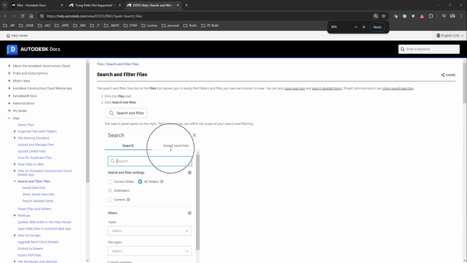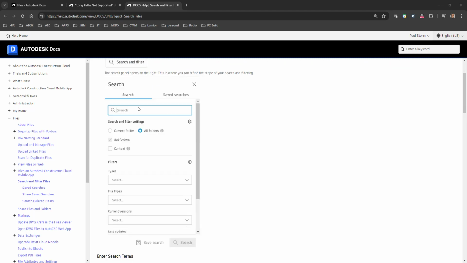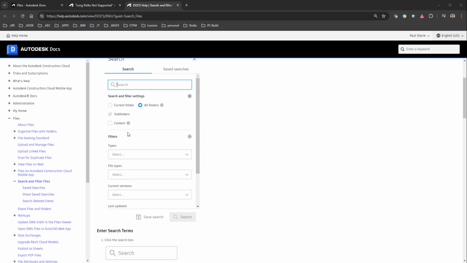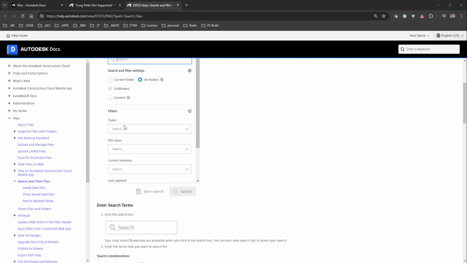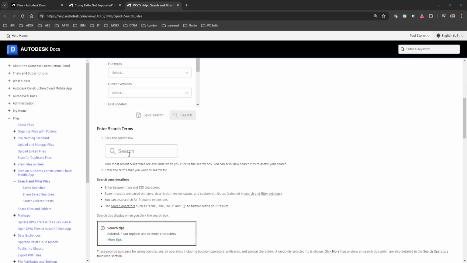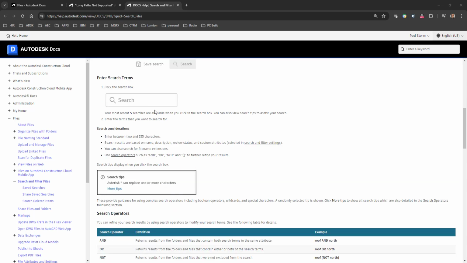Now when we search, we can use modifiers. So over here you can see the search and filter of files. When you do search and filter, you can also save searches. Right? You can search via the current folder or all subfolders if you want. You can even look in the content, and that's going to take some more time. There's the types of file, the file types in the current versions, and then we've got the search field